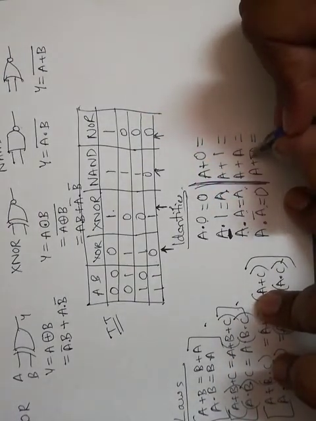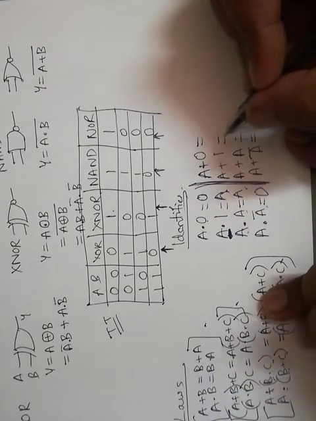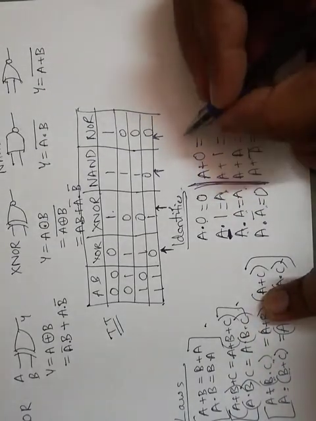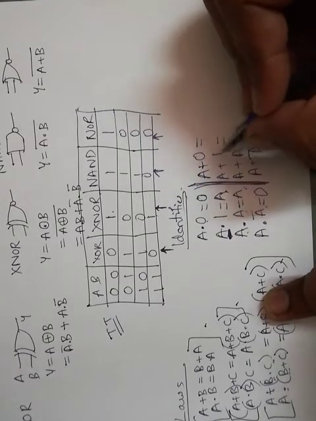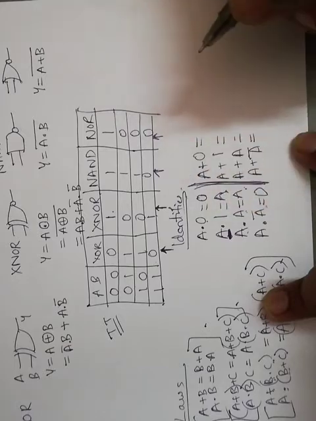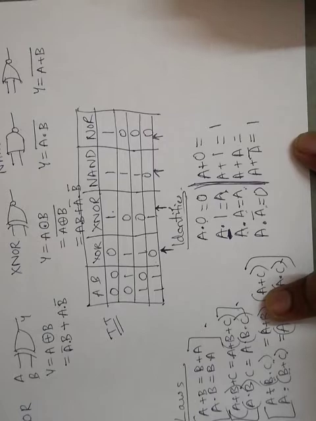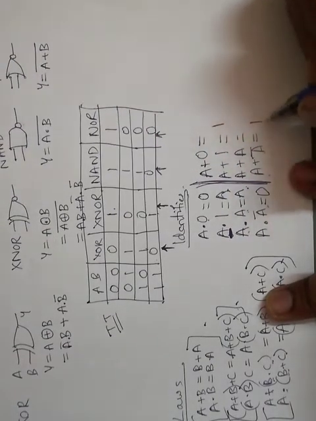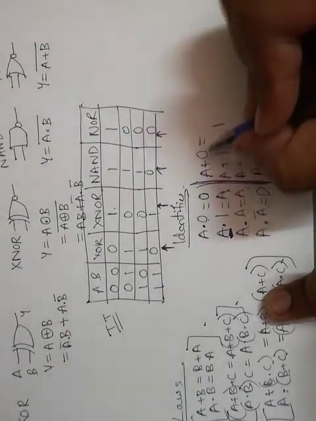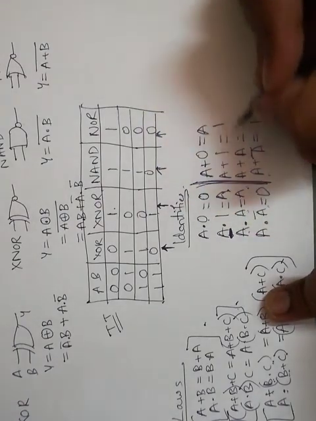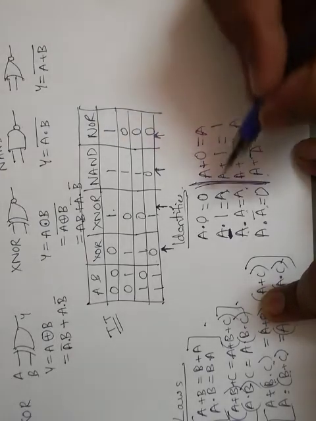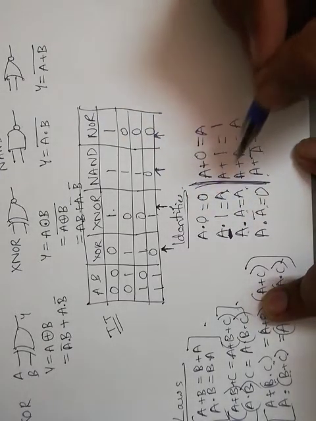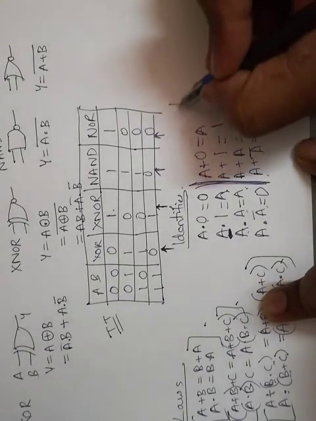Similarly for OR gate, we can go with either definition or we can remember. The definition is, for an OR gate, if any of the input is 1, output is 1. So this we can directly write as 1. This we can directly write as 1. Why? There is a 1 here. One of these should be 1. So answer will be 1 straight away. A or 0 depends on A. A or A depends on A. So these are the things we have to remember. If we know the truth table properly, writing these will be a very simple job.